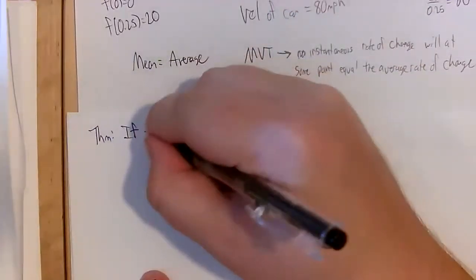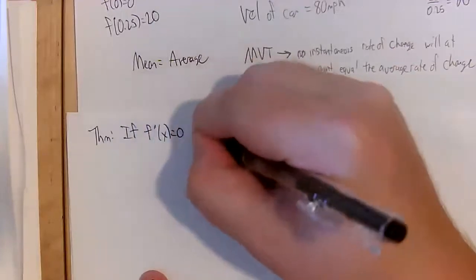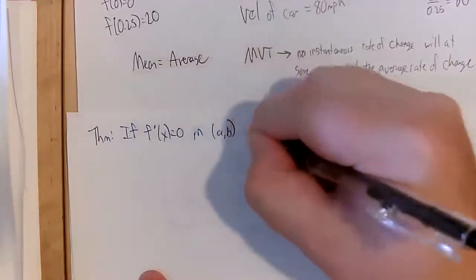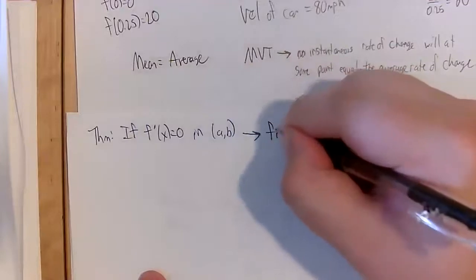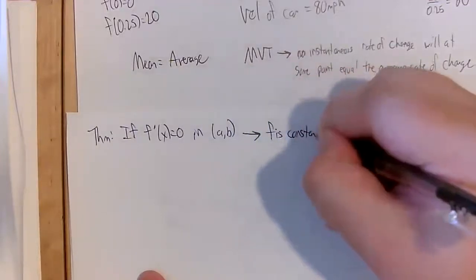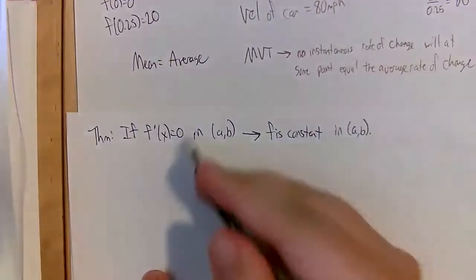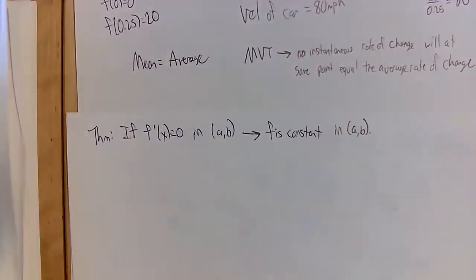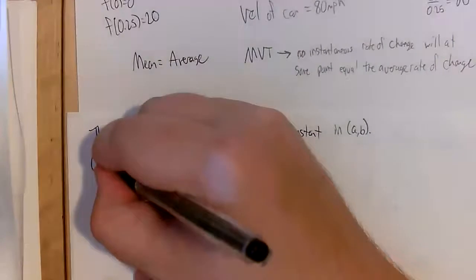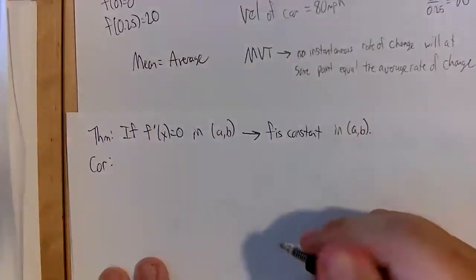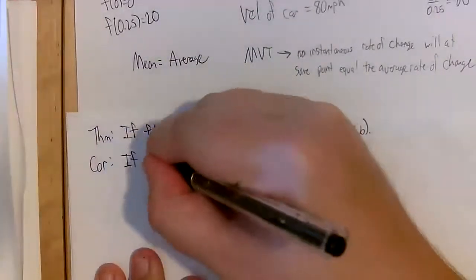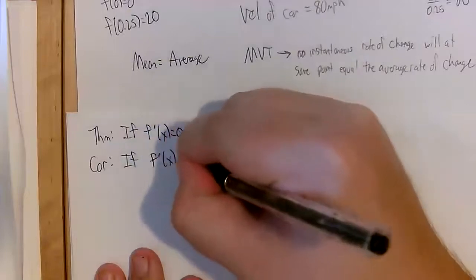If f prime of x equals 0 in an interval (a, b), then f is constant in (a, b). So this is saying that the only functions that constantly have a derivative of 0 must be constant functions. As a corollary or a related theorem, if two functions have the same derivative